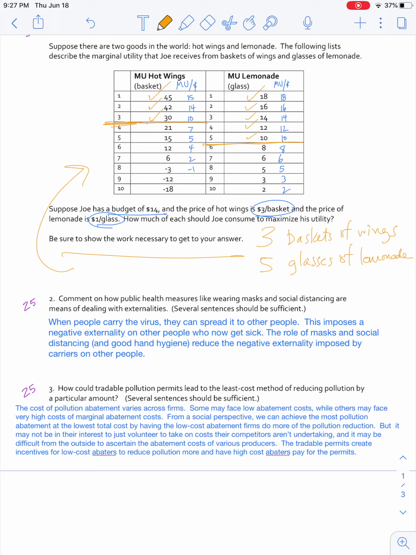Remember, at the aggregate level, we don't care so much how much each particular firm is producing. What we care about is the total or aggregate level of pollution in the air. So there you go, 3 questions. I'm going to post a PDF of these answers as well. This is what I use when